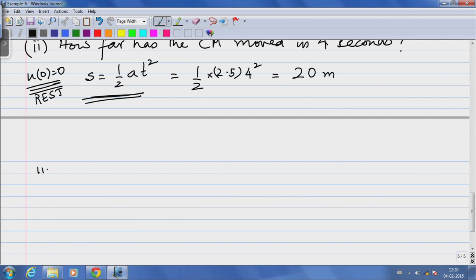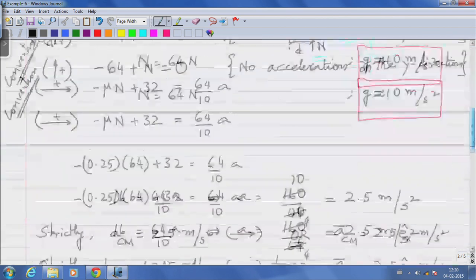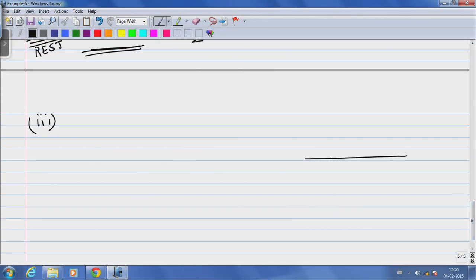So, let us come to the last part of this question. The last part of the question has to do with the largest applied force that this body can withstand without tipping. So, we will recreate the body down here. I have a body. So, this force F can be as large as it wants to be. The question being asked is, if this point P,